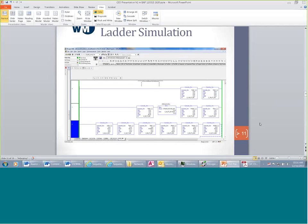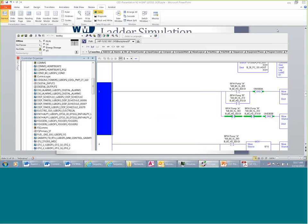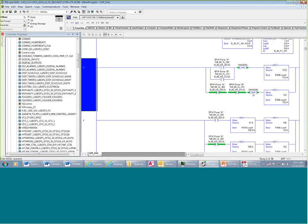This is a shot of one of the sections of the simulation. This is a controller simulation. So this is the AOI that simulates the control loop. This IO is the interface point. This is the same interface point that's used by the physical hardware. I'll bring over another screen. This is a shot of the simulation for the...